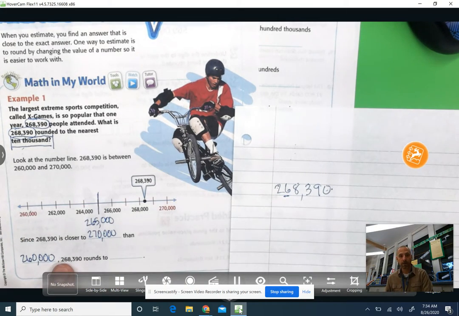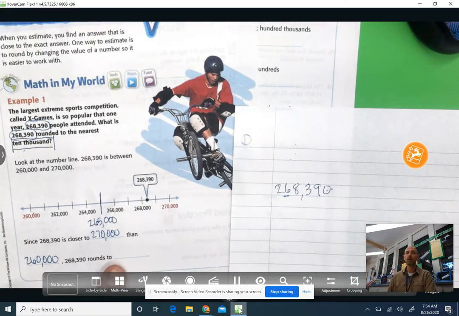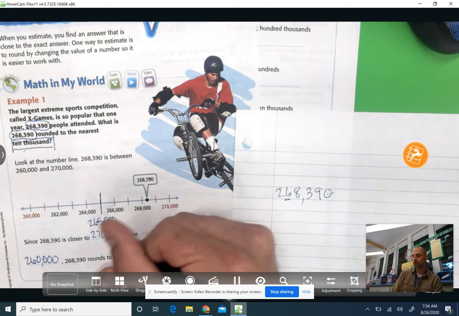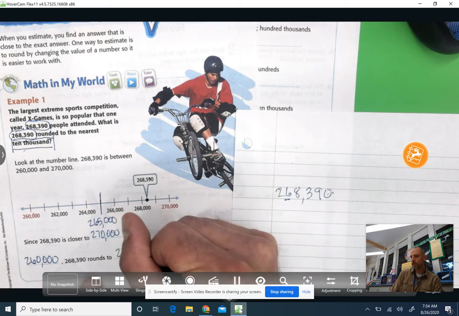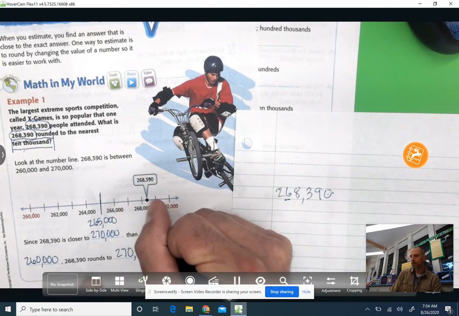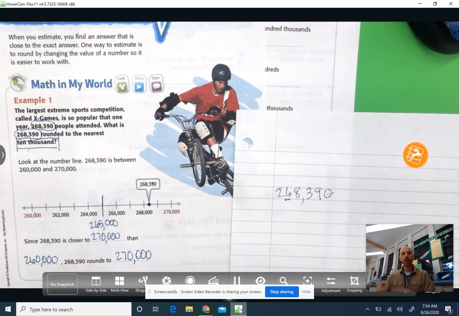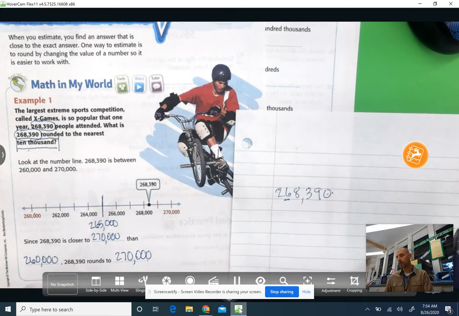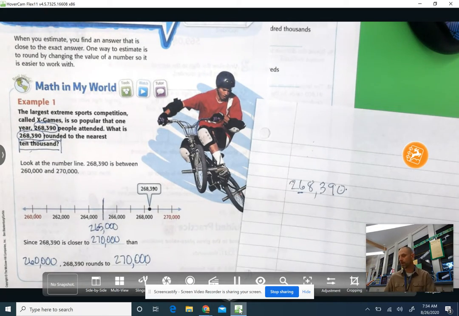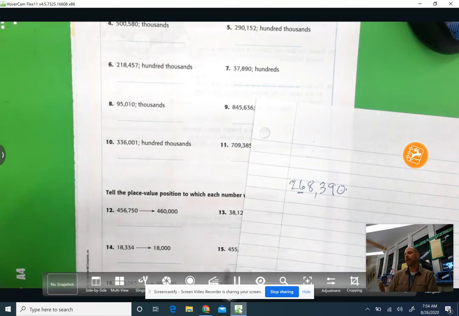Therefore, 268,390 rounds to 270,000. Okay, that is using a number line to round really large numbers. Okay, the next strategy